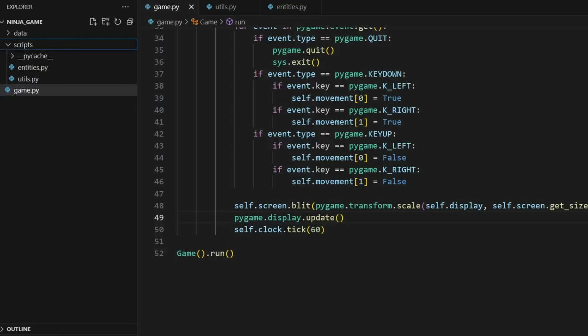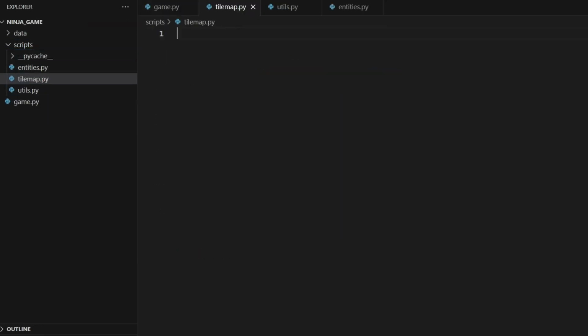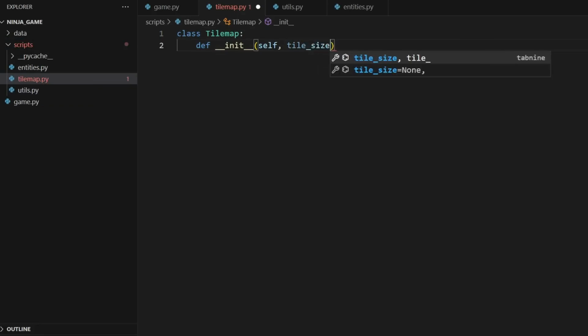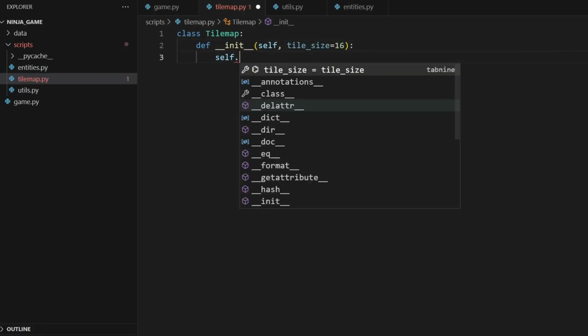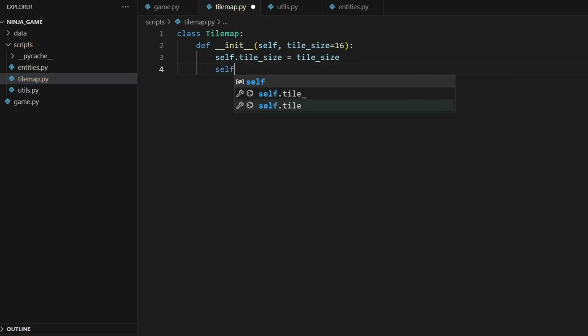So we'll want to create a new tile map script. Tilemap.py is what we'll call it. And in here, we'll want to create a new class. We'll call it Tilemap, def __init__, and then we'll want to take a tile size. We'll say 16, and that 16 is a default value. We'll say self.tile_size is equal to the tile size. self.tilemap equals a dictionary, and